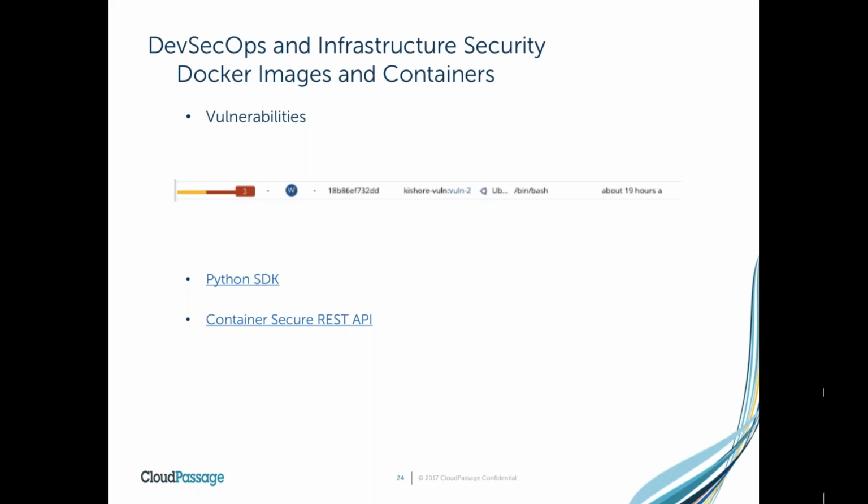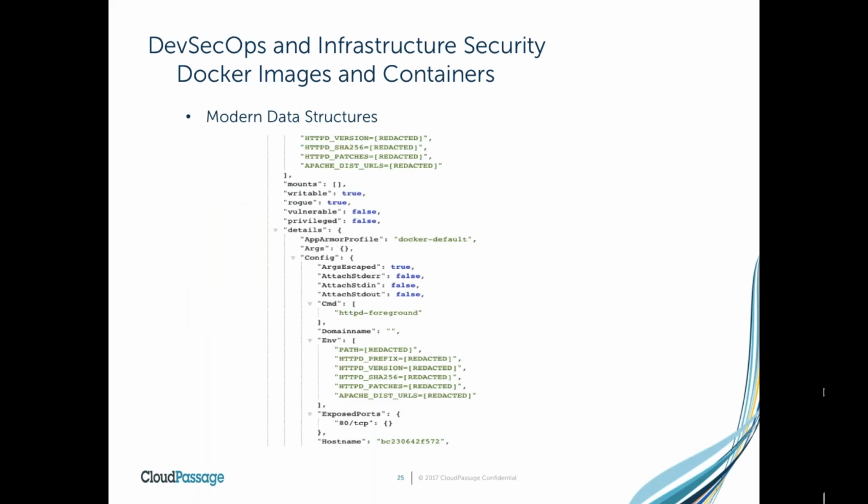So the piece that hooks all this together is you have information in the portal, and if we want to put it into a Jenkins job, then we need to take that data and massage it and do the things that we want to with it. So we have a Python SDK that wraps around our REST API. And the example here is examples of container information that we can get from those calls and that we can do things with. So for example, here, one of the things that I find very important in products for myself is